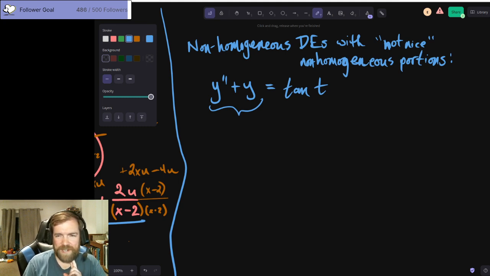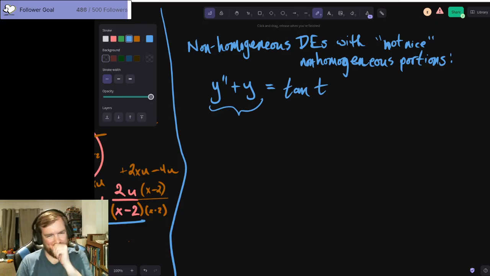The homogeneous portion, the null space solution, is fairly easy to work with. This one we can figure out no problem. We'll do that real quick, but you notice that in the inhomogeneous portion, non-homogeneous, whatever you want to call it,